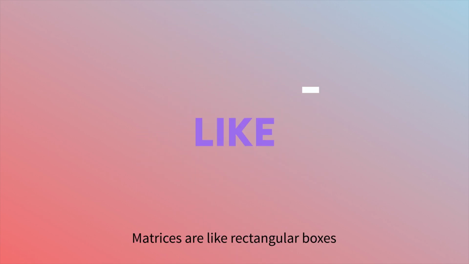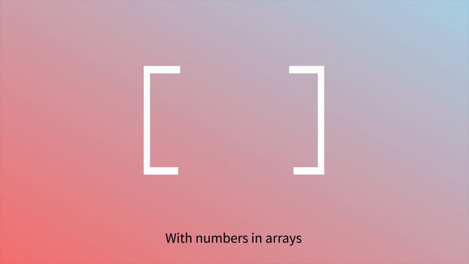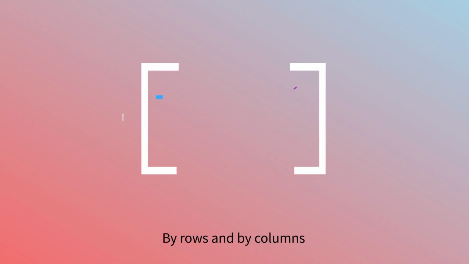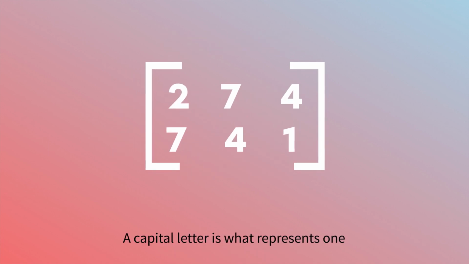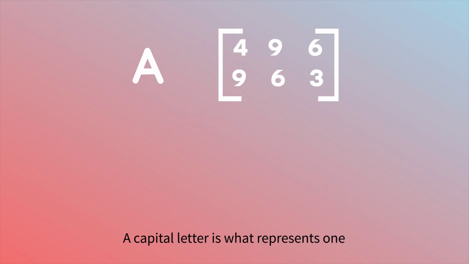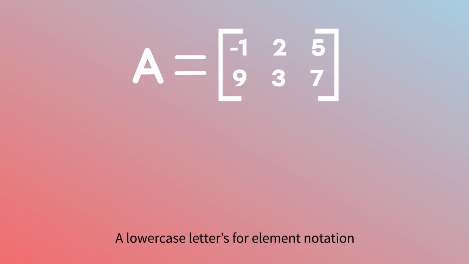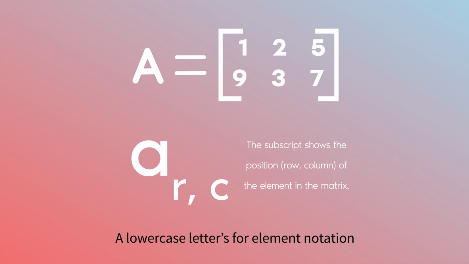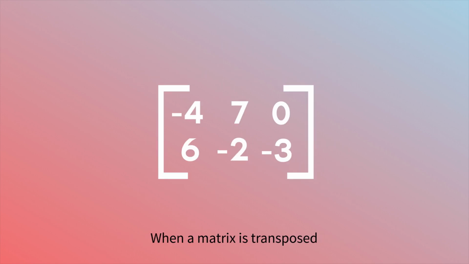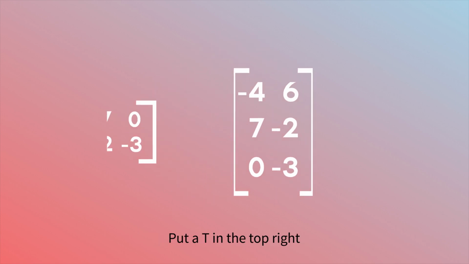Matrices are like rectangular boxes with numbers arranged by rows and by columns. A capital letter is what represents one. A lowercase letter is for notation. When a matrix is transposed, swap the columns and rows, put a T in the top